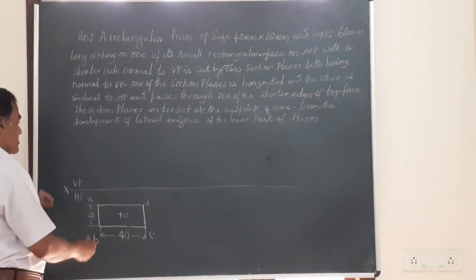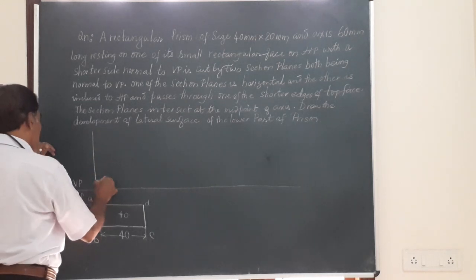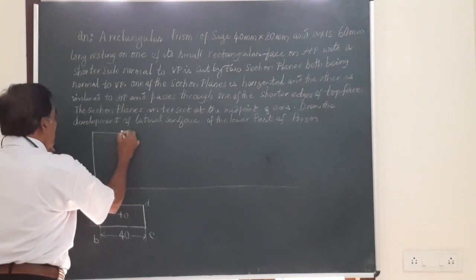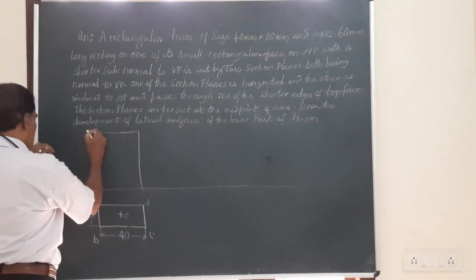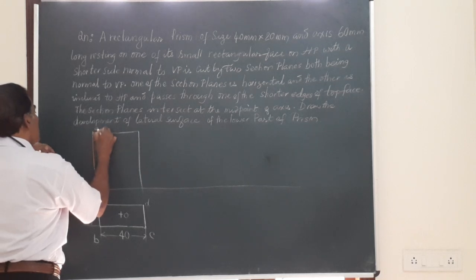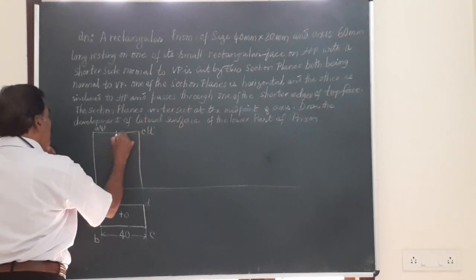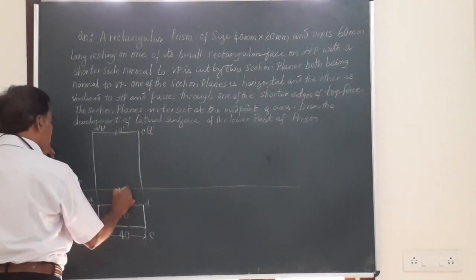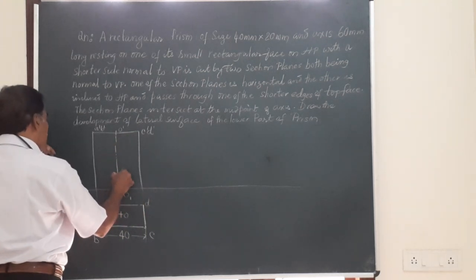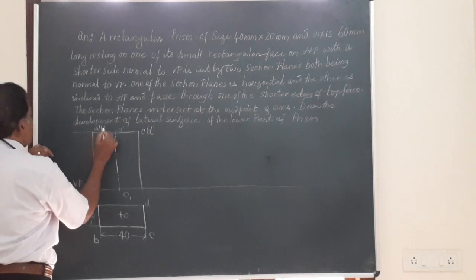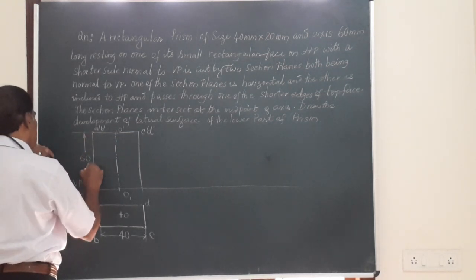So corresponding to this top view, let me get the front view. The front view is going to be another rectangle. As I told before, it will have the dimension like this. This is A dash, B dash. This is C dash, D dash. The center of this line is going to be O dash and the bottom center is O1 dash. This is the axis of the solid shown by that outline. And here the height of the solid is given to be 60 mm. I mark the height as 60 mm.